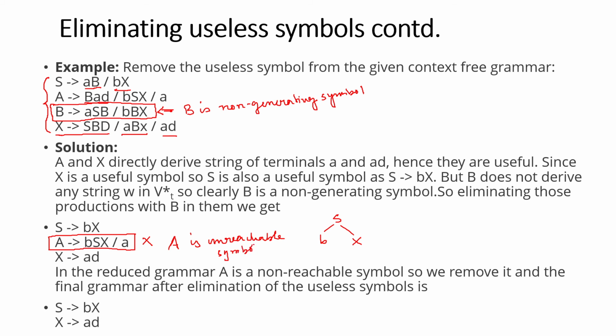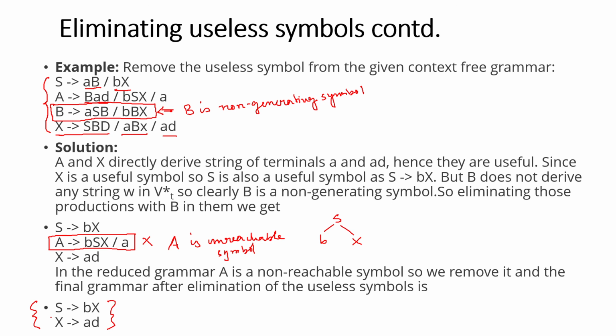So there are two different situations we have seen throughout the modification of the grammar. Ultimately, if you remove this capital A, naturally the two production rules that are left are S to small b capital X and X to small a capital D. So you see, just try to realize how complex the grammar was. Ultimately, it is possible to derive only the strings generated from these two production rules, not more than that.